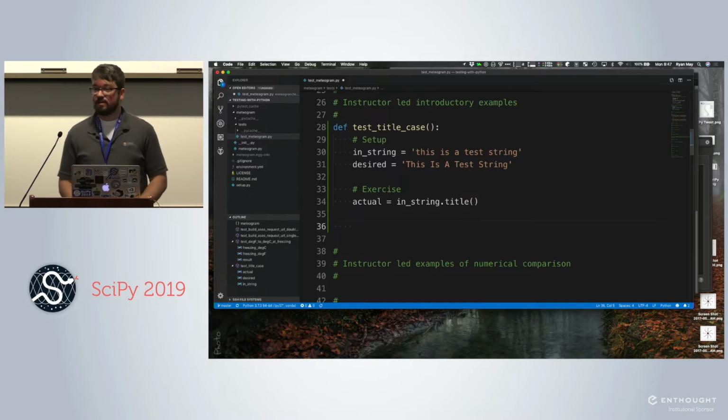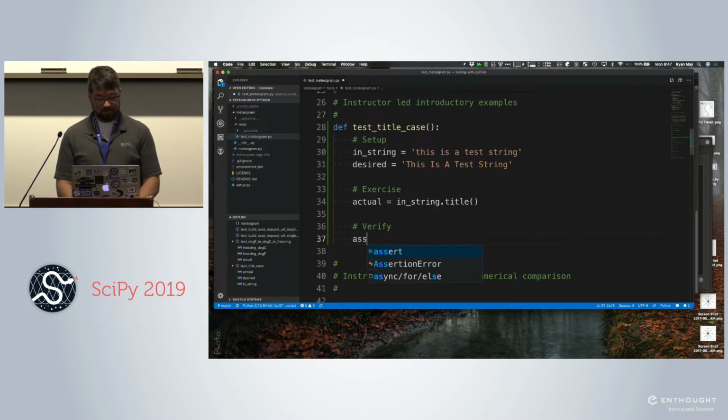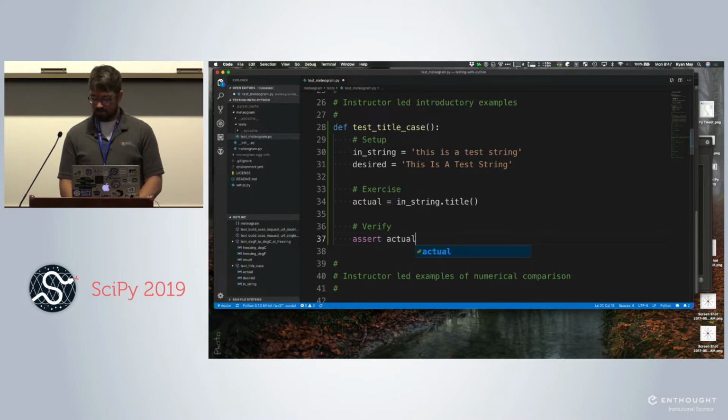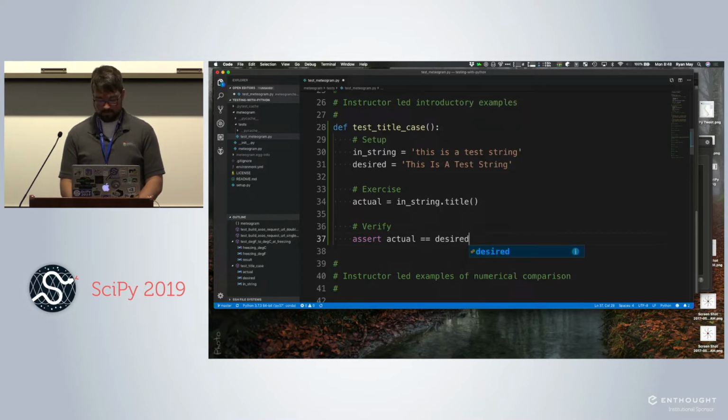Okay, and now we need to verify. So we want to make sure, using the assert keyword, that our actual result is equal to our desired result. The last step is cleanup, and there's none necessary.